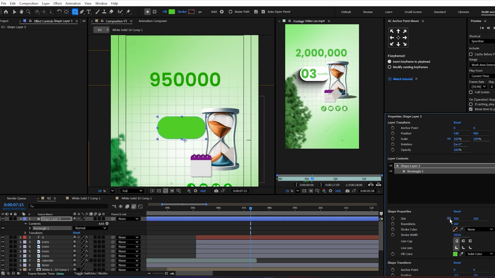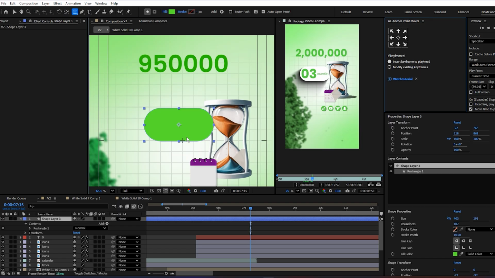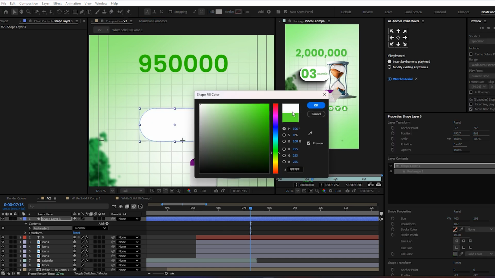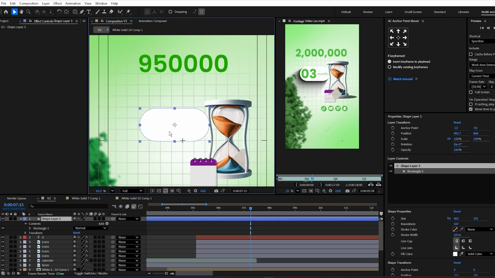Now if you want to increase or decrease the size, you can from there. If I want to increase the size a bit more like that, I can put the cursor in the middle and place it there almost. Now I change the color to totally white,